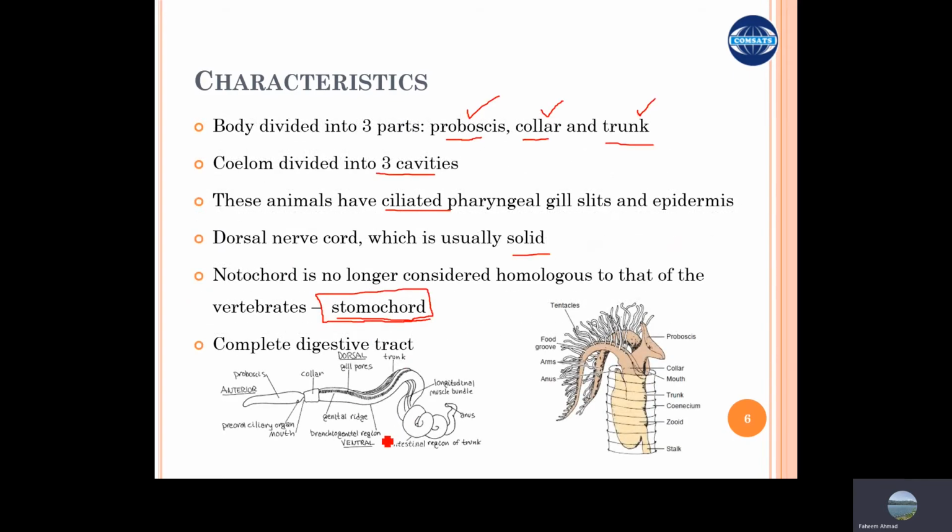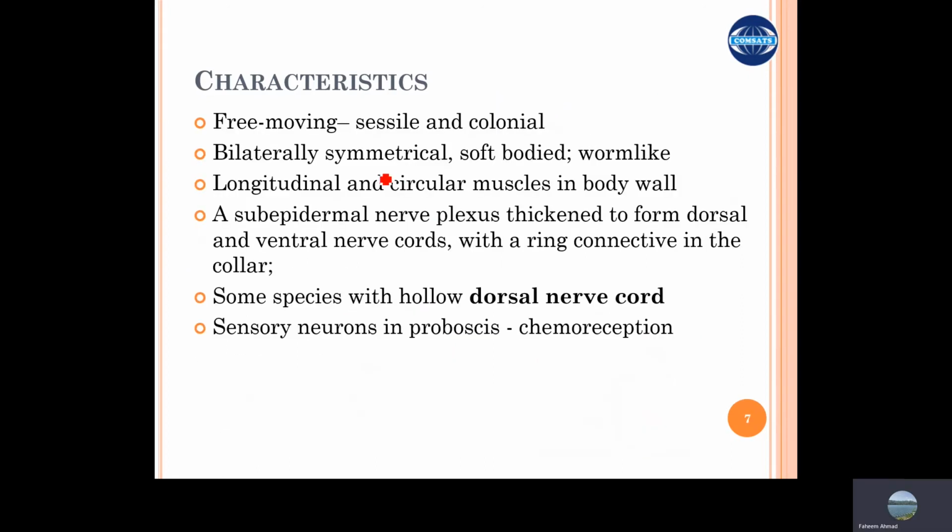These hemichordates are known as acorn worms. These worms are basically free living. They burrow in the sand and live in the sand and in shallow waters. The body has bilateral symmetry, soft bodies, long, and they have longitudinal and circular muscles in their body, especially in the form of that worm. So the alternate movement of longitudinal and circular muscles basically creates an undulating movement, their locomotory method to move from one place to another.